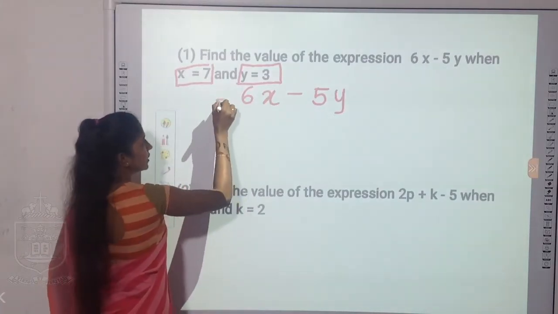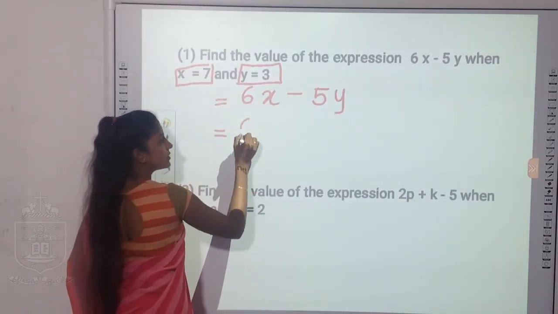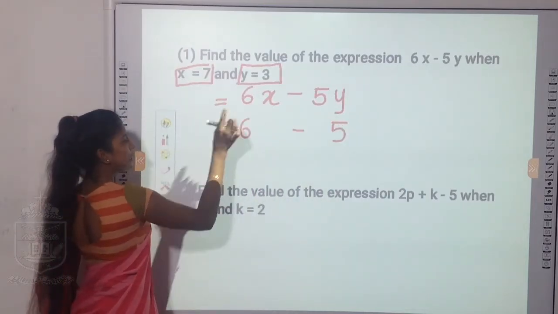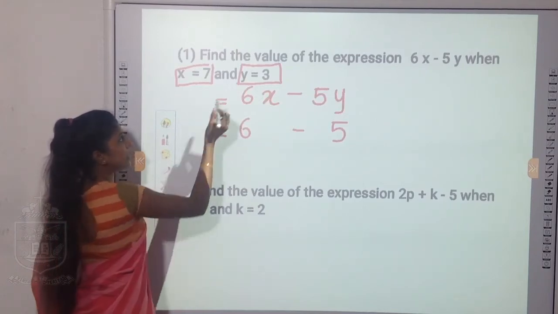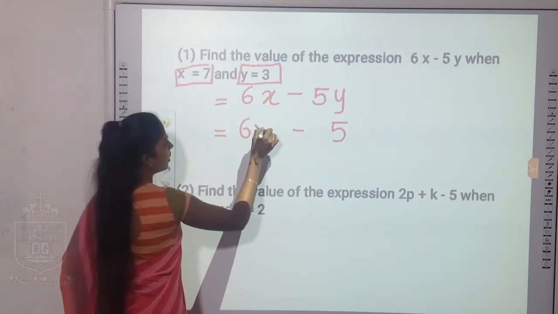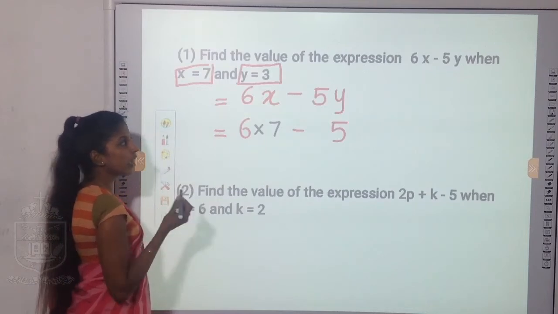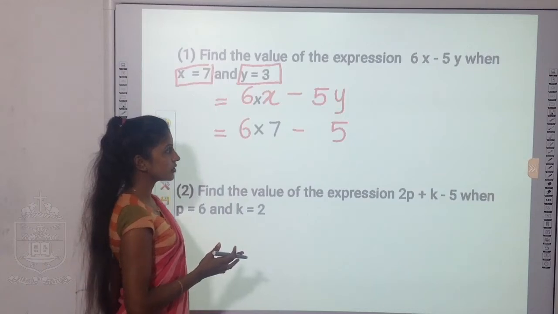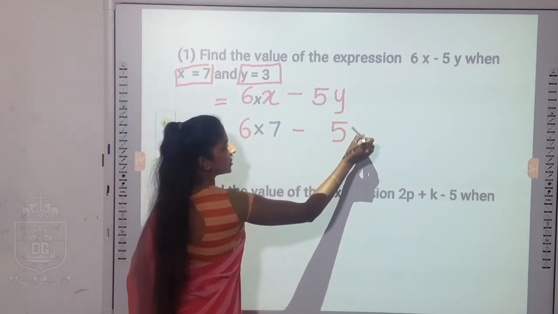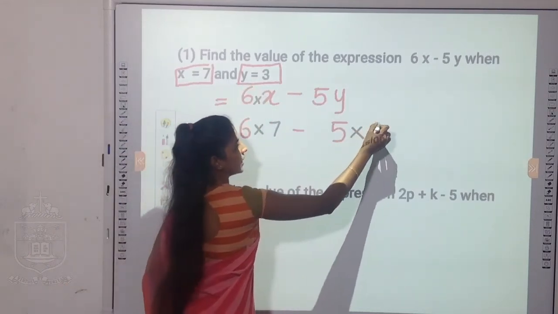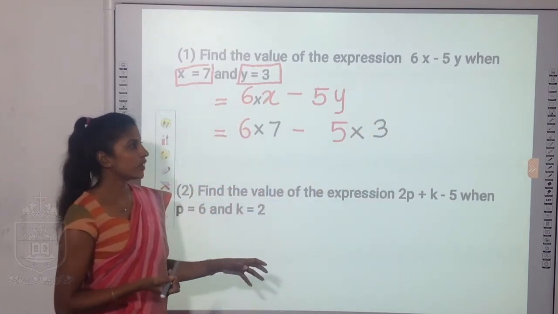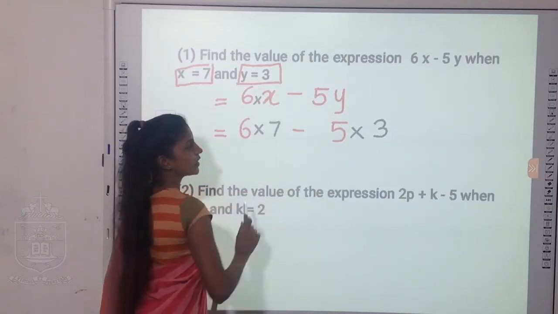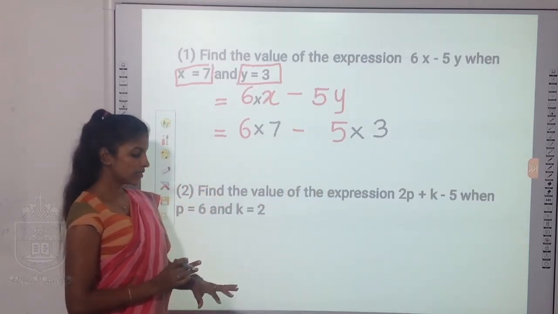Now what you are going to do in the next step is, instead of 6, right, here you have 5y and minus is also there. But instead of x, now I am going to replace the number that they have asked. So they have asked you to replace it using 7. And you know the operation in between 6 and x is multiplication. So here also 5 into, now y will take the value of 3. So likewise you can substitute or replace this unknown term using the numbers. So that's what you call substitution.